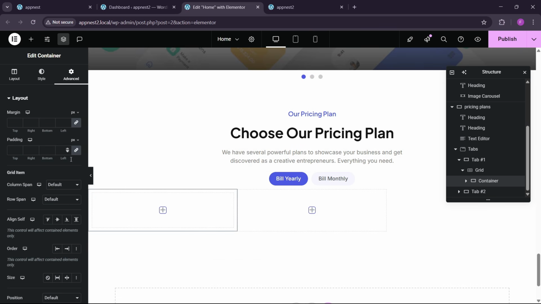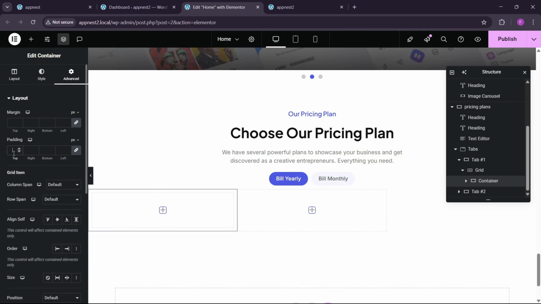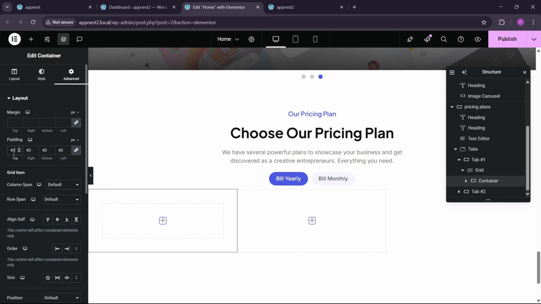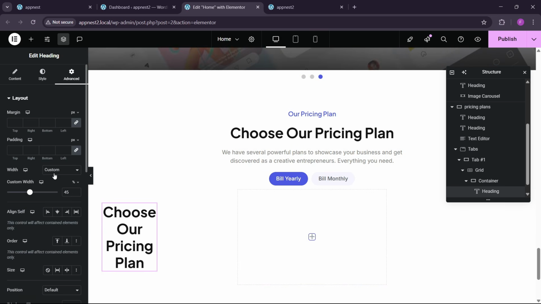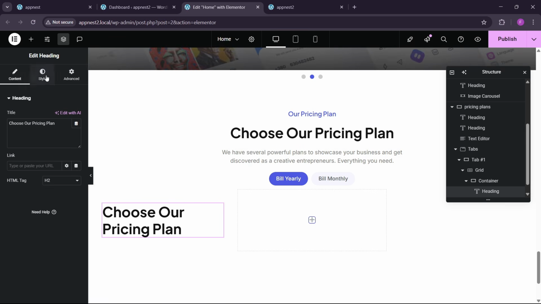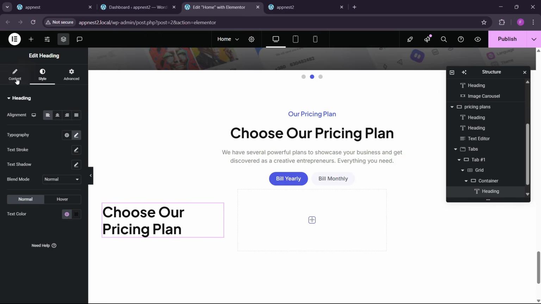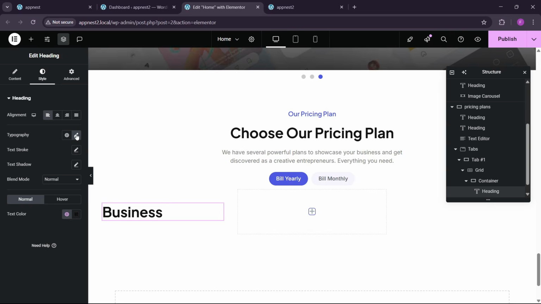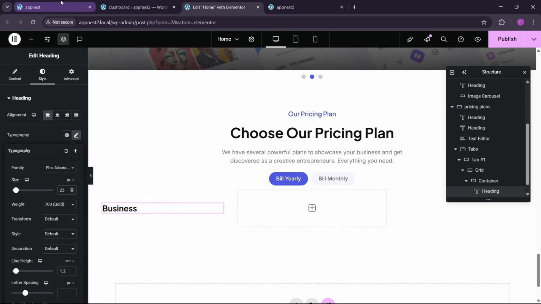Then we have this container. Also here we have to give some padding. Let's give the padding of 30, 40. Okay, and here we can have this, and here we can have this business. Okay, here we can add this business,